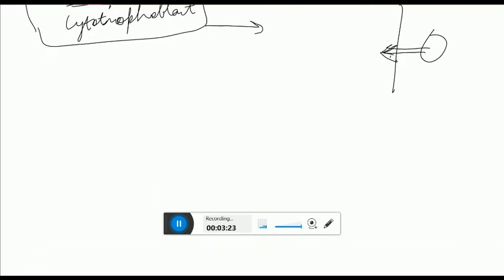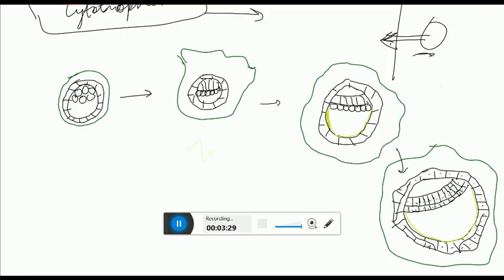So we are going to study what will happen after implantation. So see what's happening. This was our trophoblast. I have marked this green color. I have marked syncytotrophoblast from this green color. This is cytotrophoblast and this is inner cell mass. After implantation, this syncytotrophoblast will spread in the lining of endometrium. Inner cell mass will get arranged in two layers. The upper layer will be formed of columnar cells and the lower layer will be formed of cuboidal cells.